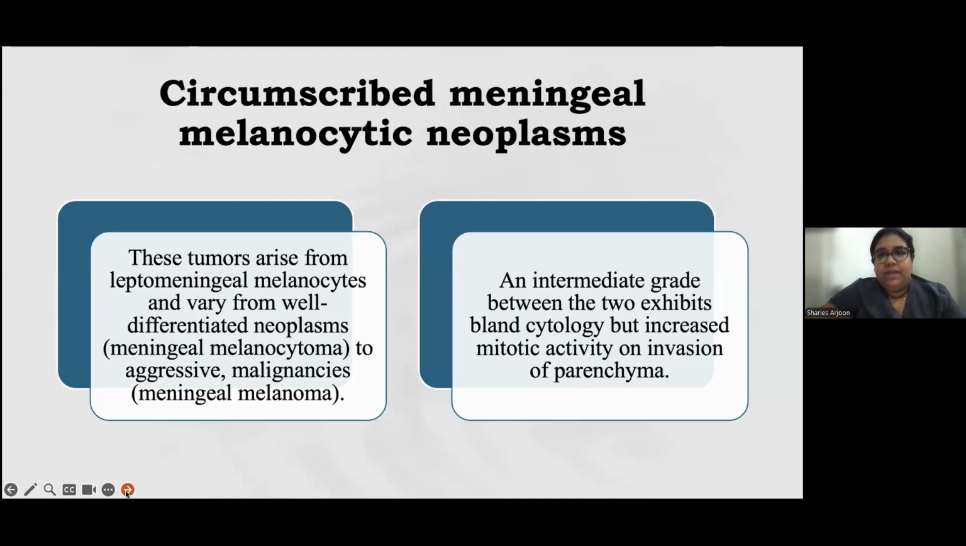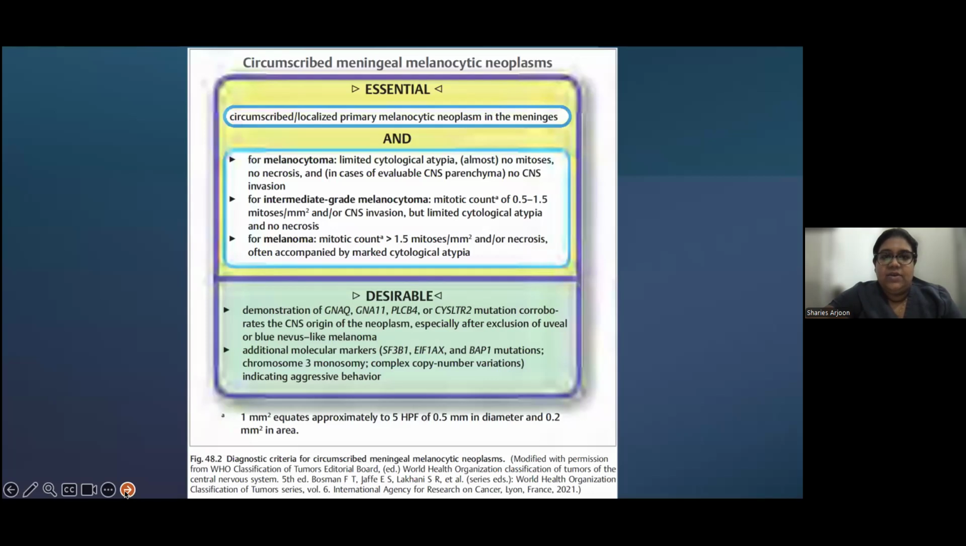So circumscribed meningeal melanocytic neoplasms arise from the leptomeningeal melanocytes and they vary from well-differentiated neoplasms to aggressive malignancies. An intermediate grade between these two exhibits bland cytology but increased mitotic activity or invasion of the parenchyma. The diagnostic criteria for circumscribed meningeal melanocytic neoplasms: essential would be a circumscribed or localized primary melanocytic neoplasm in the meninges, and for melanocytomas, limited cytological atypia with almost